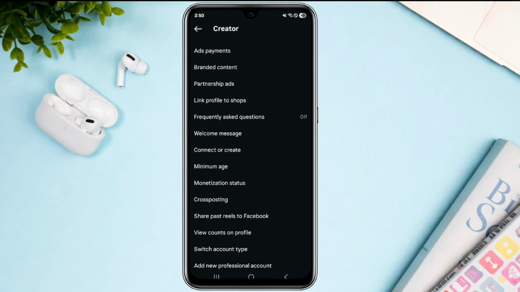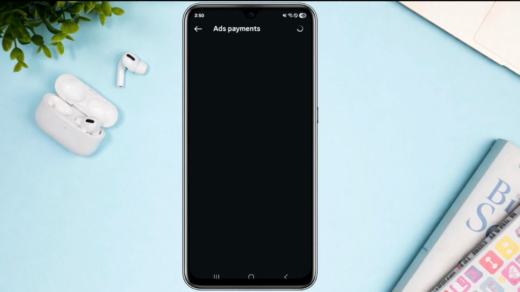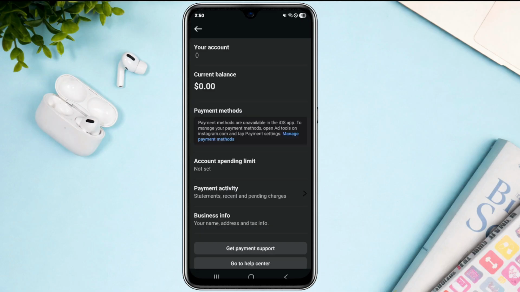And then in here, choose Ads payments. Now from Ads payments, choose Billing and payments. Now this is where you can actually increase your spending limit on your Instagram ads, but it may not be